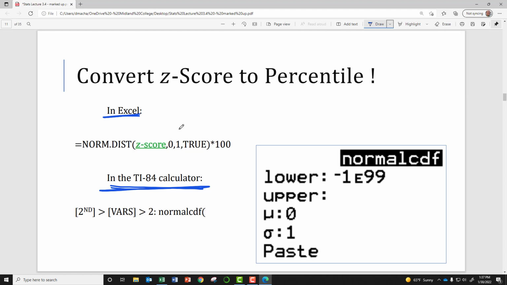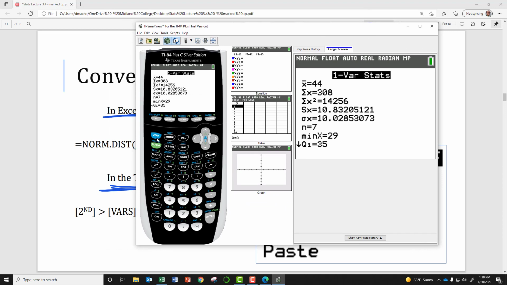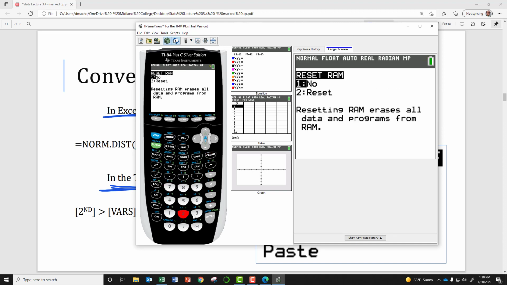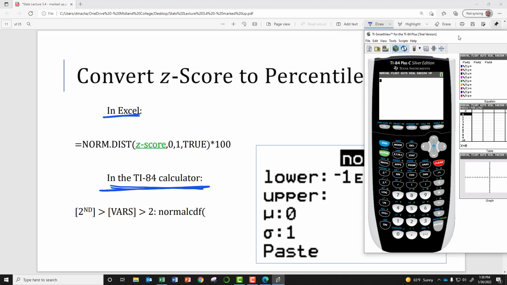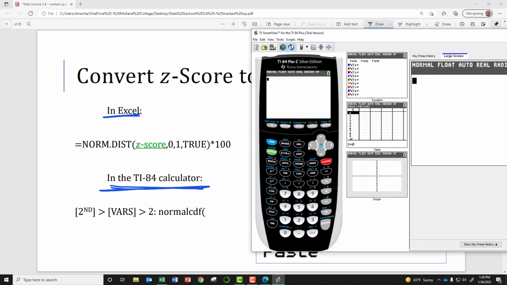Now let's do this on a TI-84 calculator. So here's my TI-84. Let me exit out of all this. And let me clear the memory by doing second plus 712. So blank slate calculator. If I want to calculate a percentile after I have already found my z-score, what I will do is